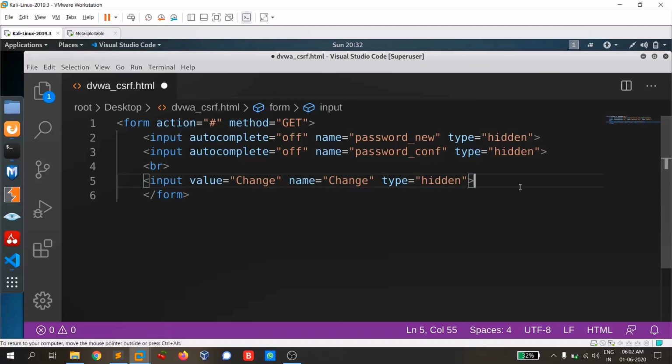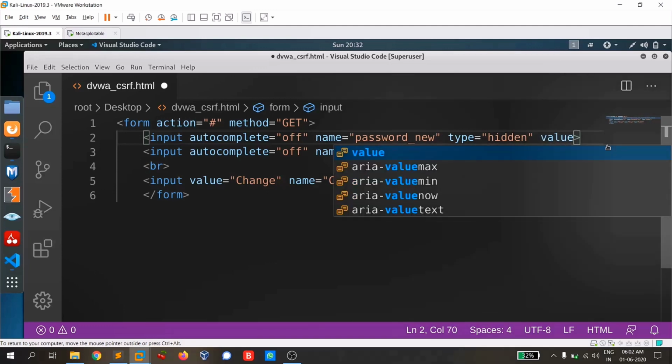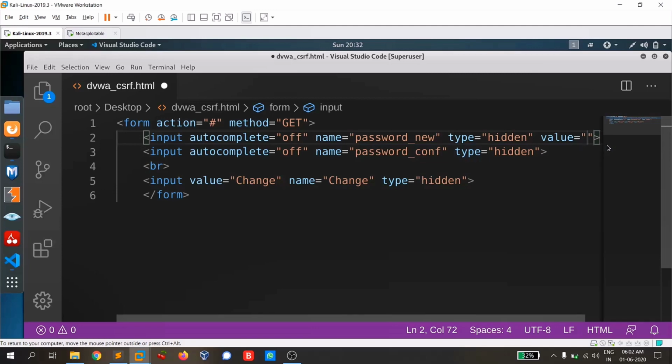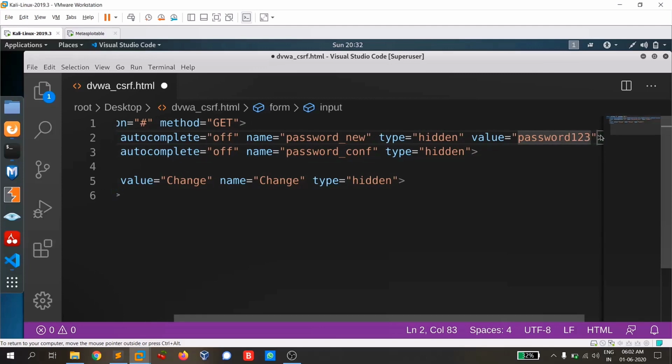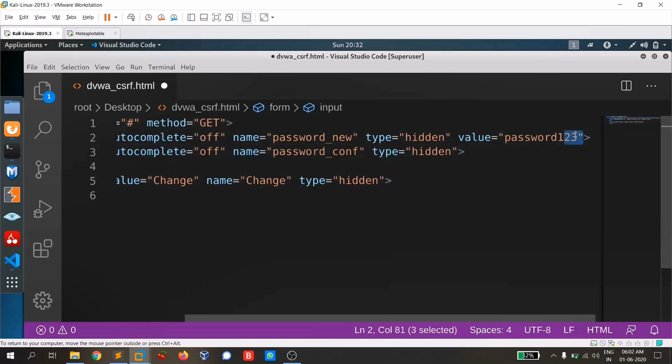So this is what our code looks like, and how does the target give the value? If you have this doubt, then what we are going to do is add an attribute called value, and we're going to keep it password123 to make it somewhat different from the previous one.